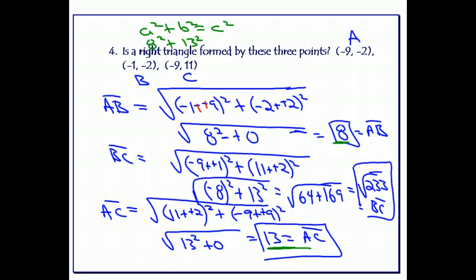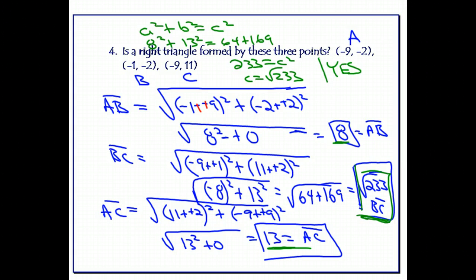So I've got a 64 plus a 169. This looks kind of familiar. 64 plus 169 is 233, which is c squared. So c equals the square root of 233, which is exactly what we had right here. So the answer is, which we knew a long time ago, but the answer is yes, that truly is a